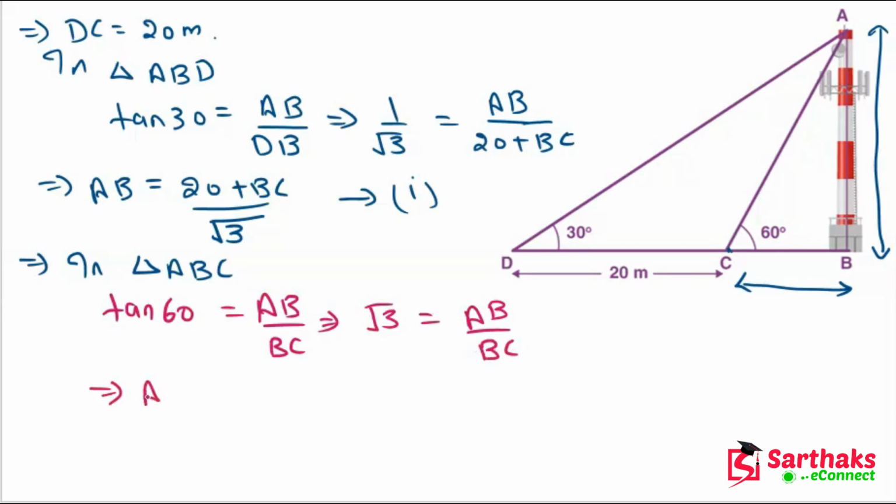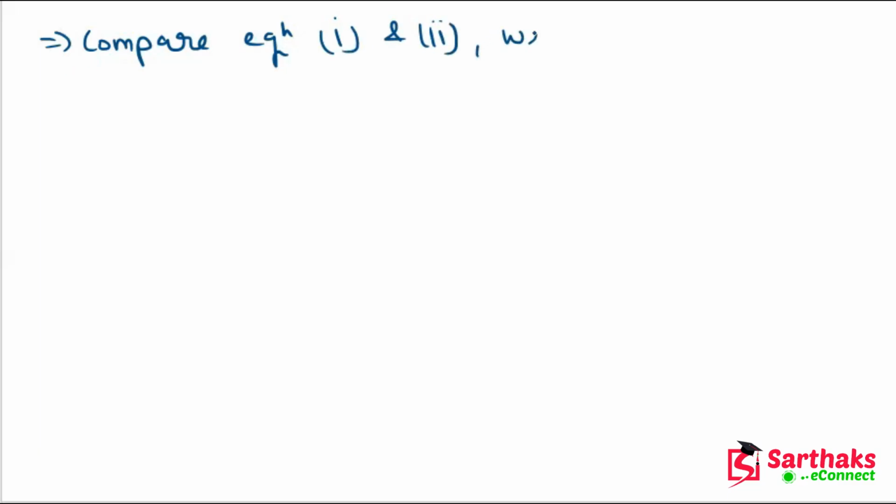So the value of AB is equal to root 3 BC. This is equation 2. Now if we compare equation 1 and 2, we get